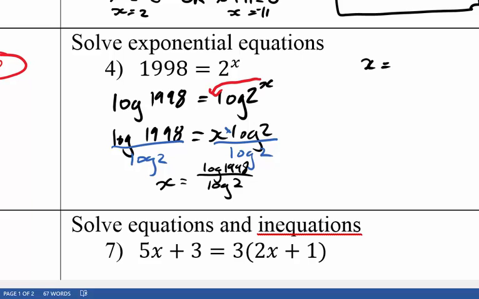Whenever you're solving for a log, you can use your calculator. Just make sure when you're putting it in that you are pressing the divide button, not the A, B, C thing, not the fraction one. You're using that one. Okay, log 1998 divided by log 2. And that gives me